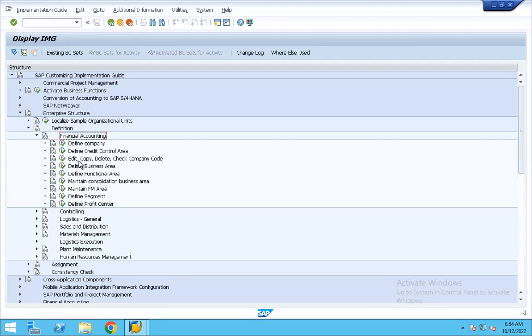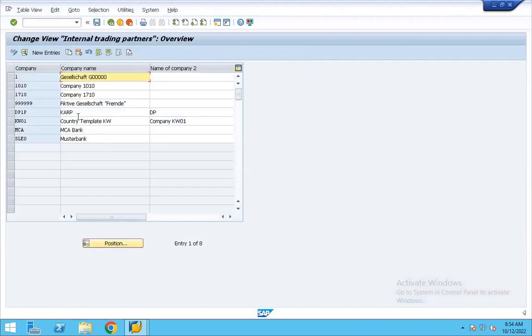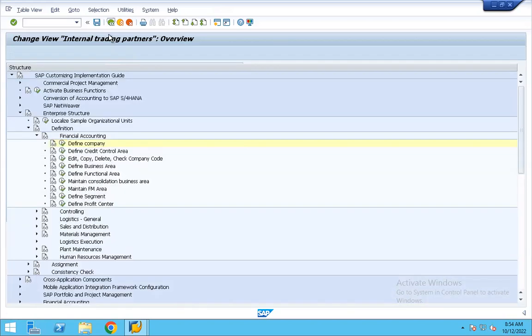We do not have to configure the define company before company code. They will do all these things, and there is no need to bother about it. But we can do that as well. Usually in SAP we are not touching that. Actually this is a kind of banner in which you can define your company.